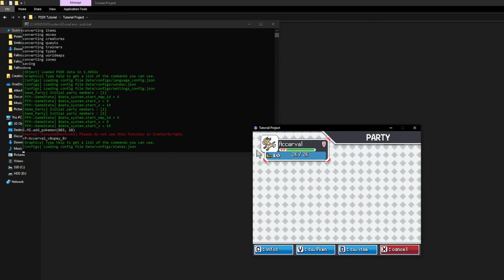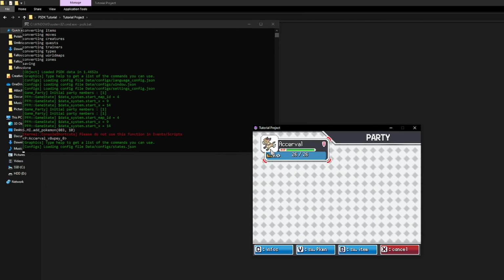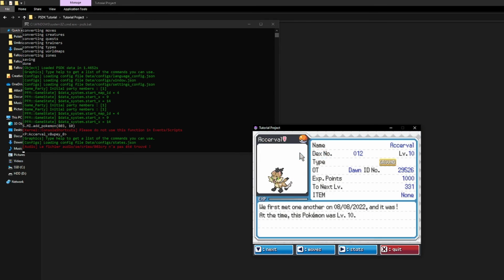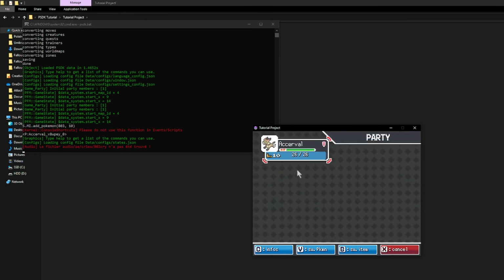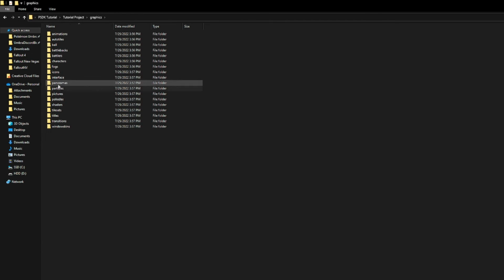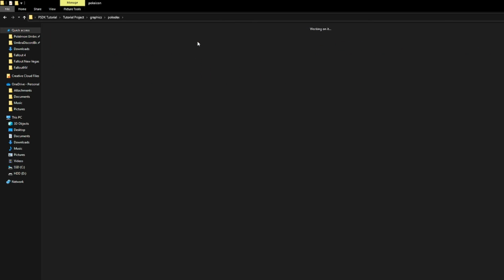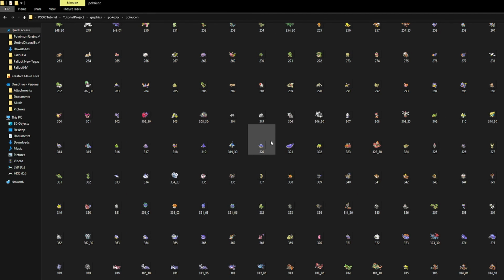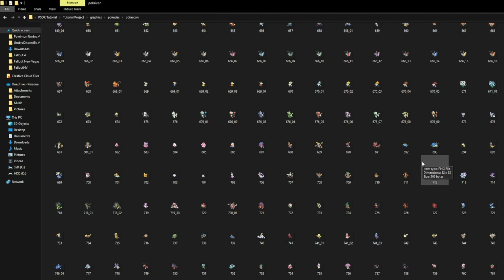So here we go, just like that. We have Exerval, and as you see, he's animated. Now, this isn't something that I went over yet because I was a little bit unsure of whether it would show off in game or not. But yeah, you can use 2-frame icons. If we go over here into the graphics and go into Pokédex and go into Poke icon, you're gonna notice that by default they don't use 2-frame icons, so it is entirely up to you whether you want to do it. Just make sure that each frame is still 32 by 32. So if you're doing 2 frames, it would obviously be 32 by 64,